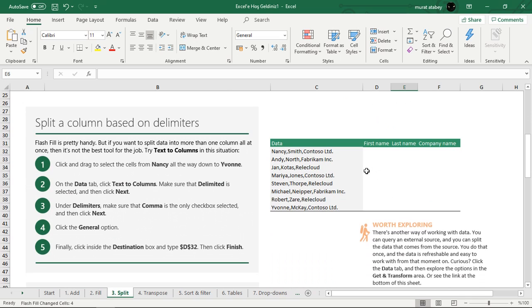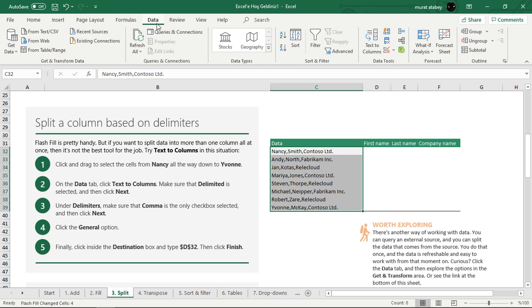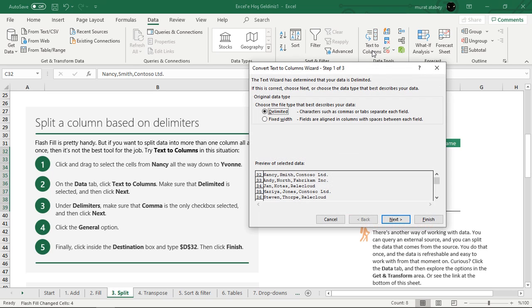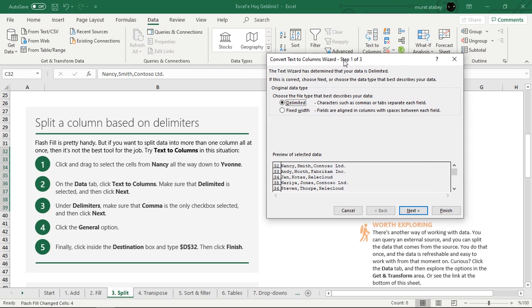Now you can split the data based on delimiters. First, you select the data you want to split, and after that you go to the data tab, and from this tab you select text to columns. Now there are two options, either delimited or fixed width. Select delimited option,